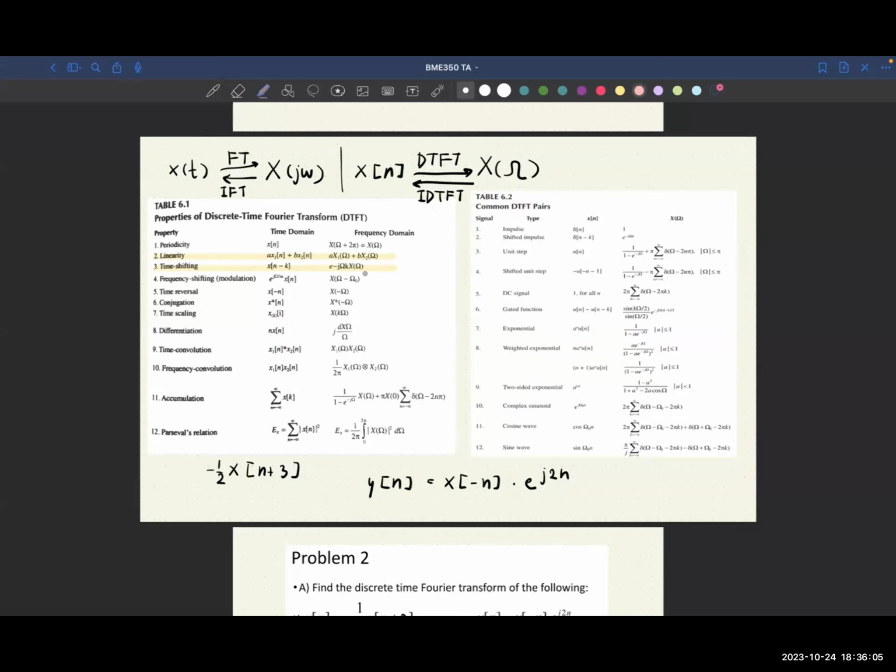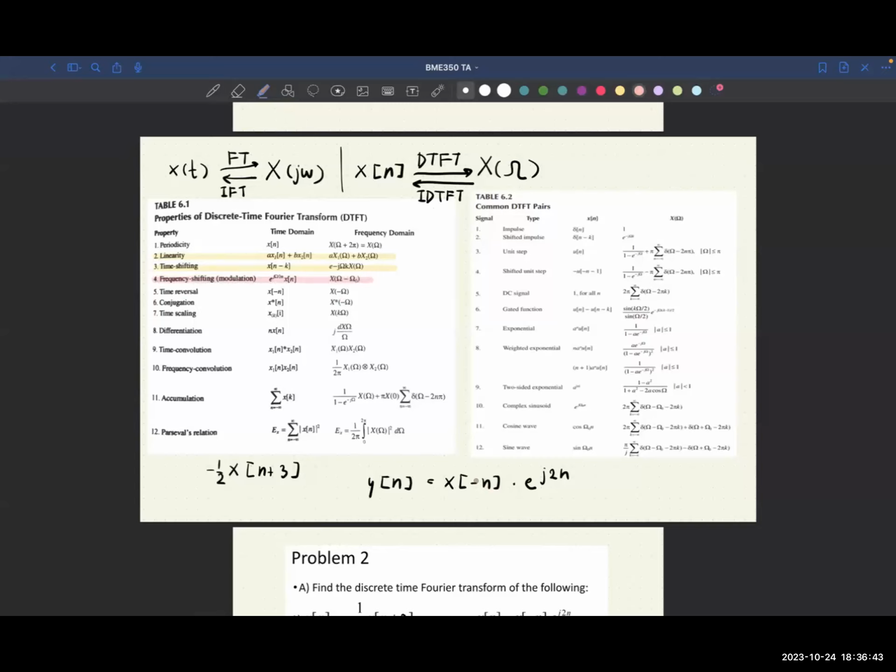Do you see something? Anyone would like to find that out? I mean, there's a time reversal. Yeah, that's an interesting point that you raised, because it's kind of right, but we'll approach this problem. I'll tell you the trick in the next 10 seconds. But the property that I want to point out here is the frequency shifting. It's going to be this one, right? But the problem is that